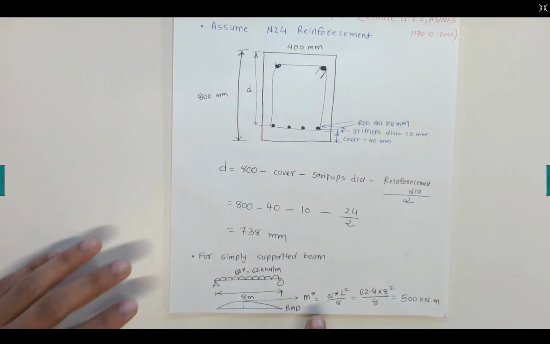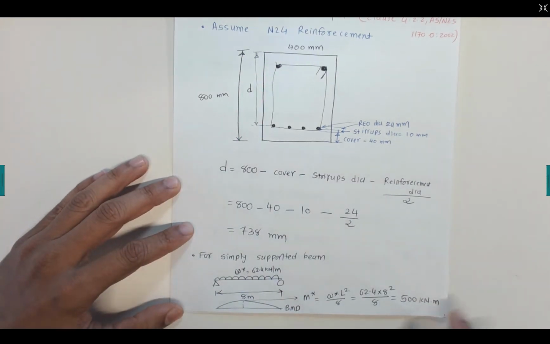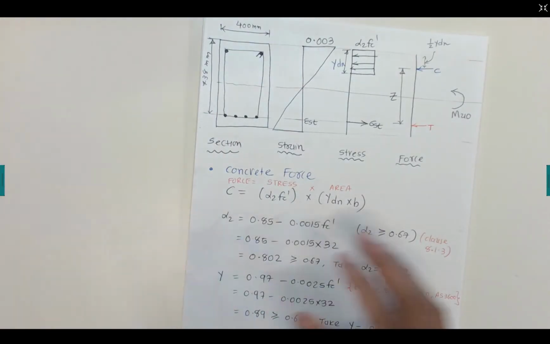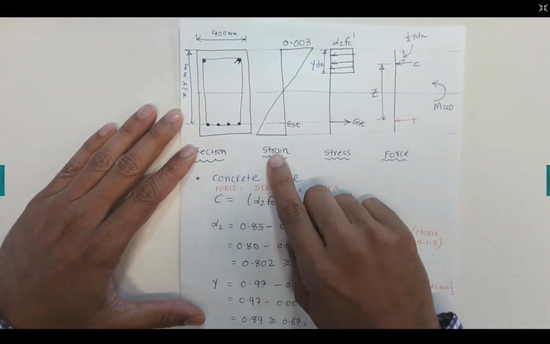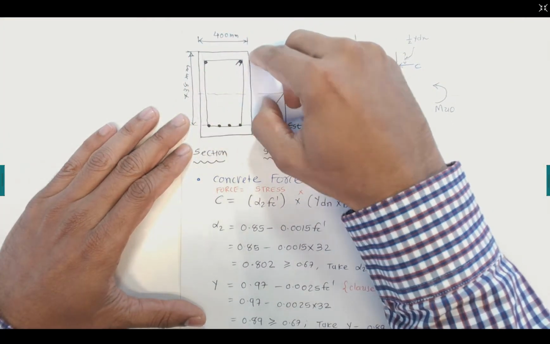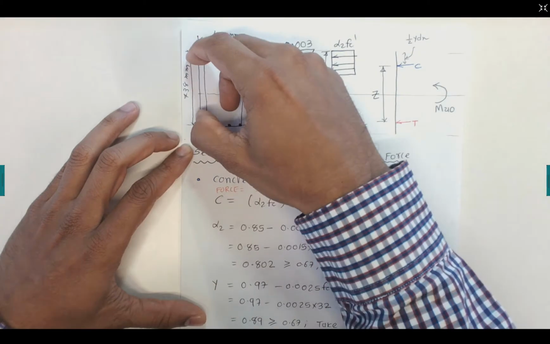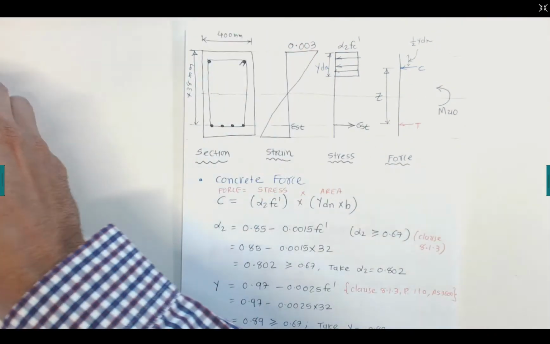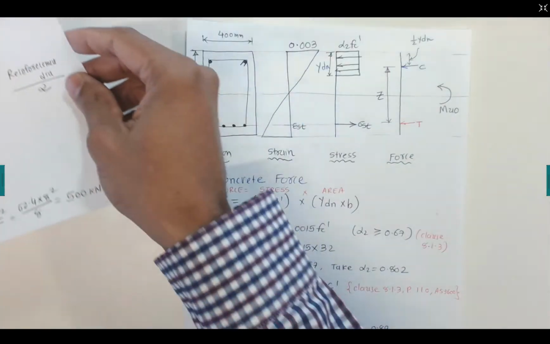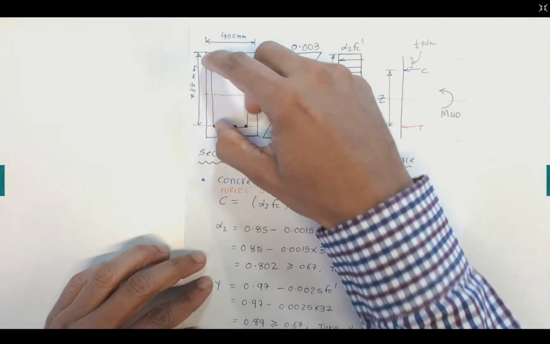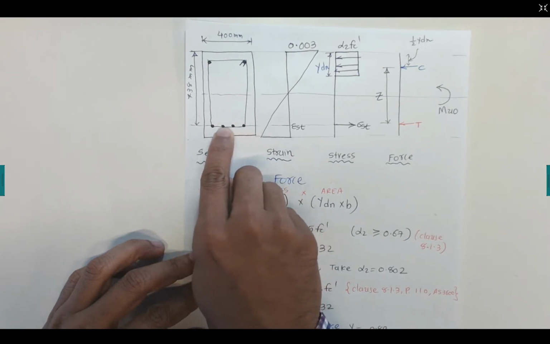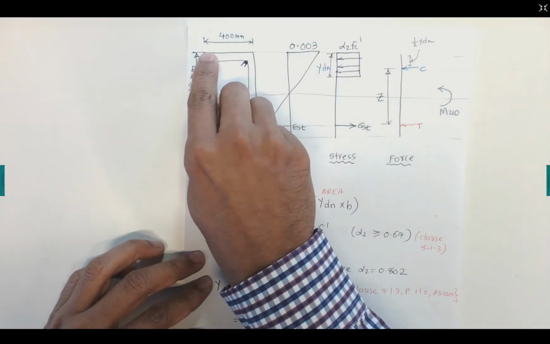Once we calculate the design moment of 500 kilonewton meters, we can go ahead and draw the stress distribution, the linear strain distribution, the stress distribution, force and the moment. So this is the cross section, 400 millimeter by 800 millimeter. We already calculated 738, that is small d. We calculated 738 millimeter small d. That I placed here. Please note this is measured from the center of these N24 bars to the top edge of